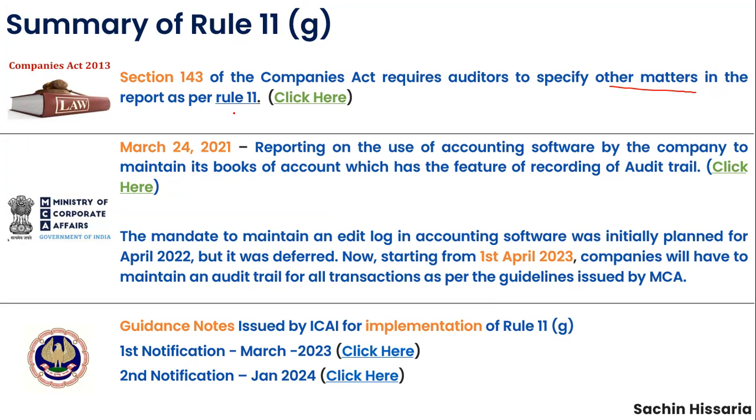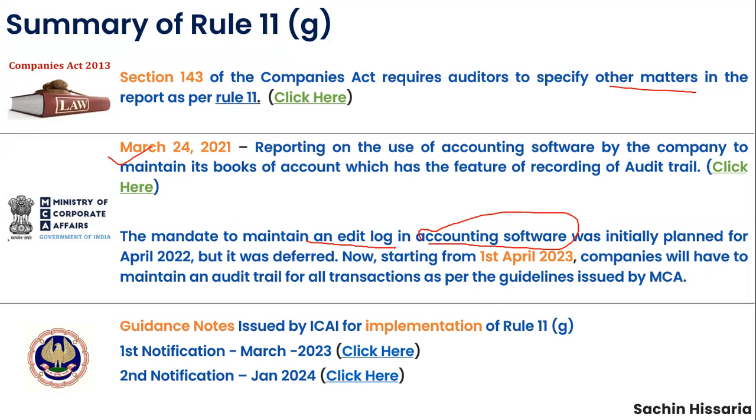similarly, the Ministry of Corporate Affairs released a notification on March 24, 2021. And as per this notification, all companies need to use accounting software which has the functionality of audit trail, and they need to maintain an edit log. So for example, if somebody makes any changes in the accounting software, the log should be there for those changes as well. So this is a new notification issued by the Ministry of Corporate Affairs on